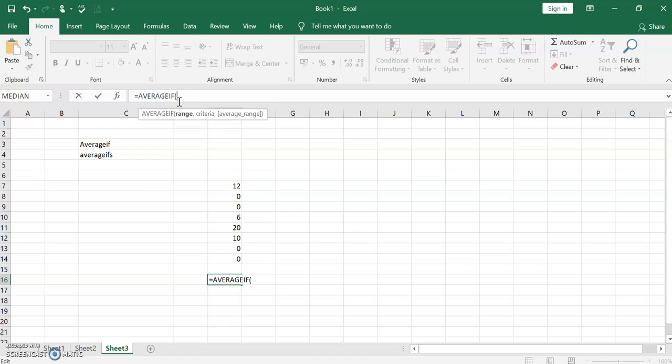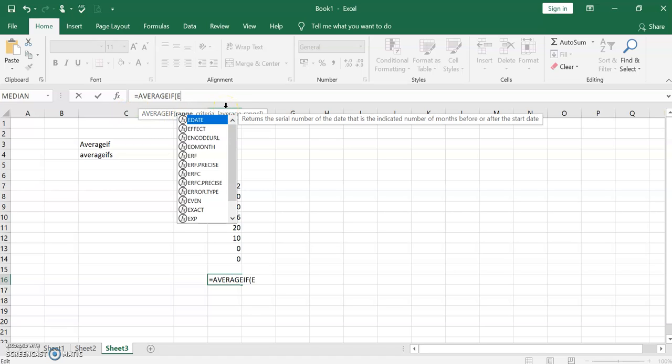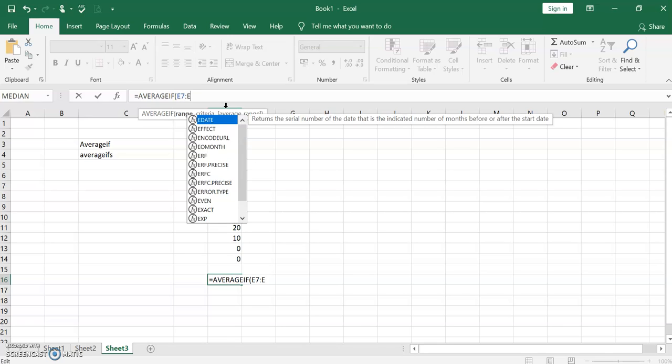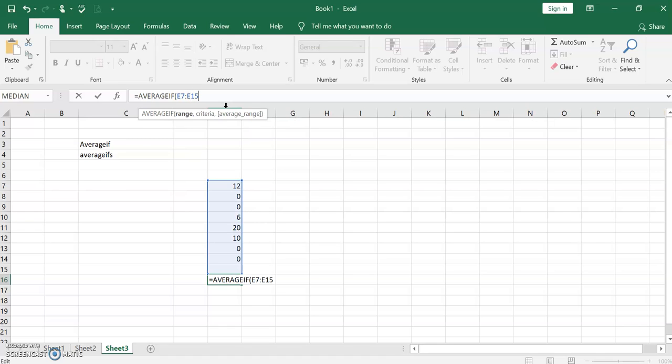I have to select the range. So the range is E7 to E14. This is the total range for which I'm going to see the value.